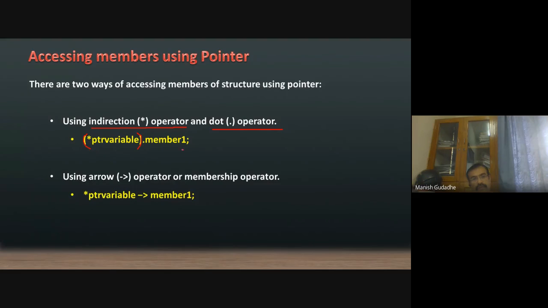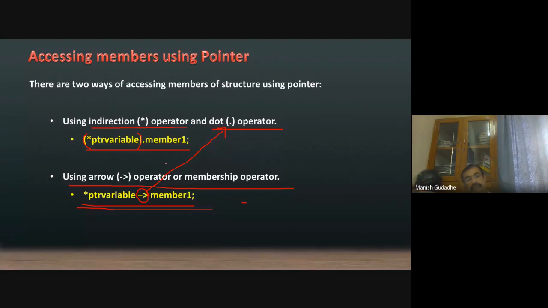So the first method is the indirection operator and dot operator, and the second, which is the most popular method and clearly differentiates, is the arrow operator. We can make use of the arrow operator like this: pointer variable arrow member1. This is again a membership operator, similar to the dot operator.